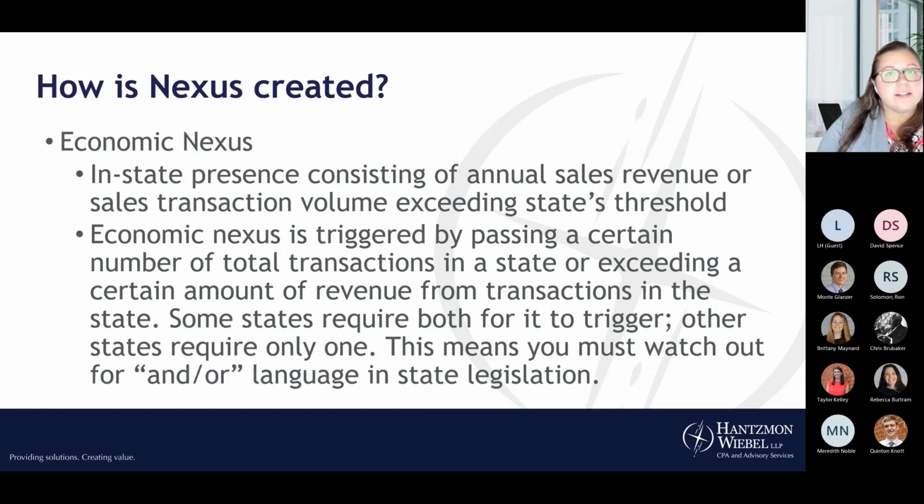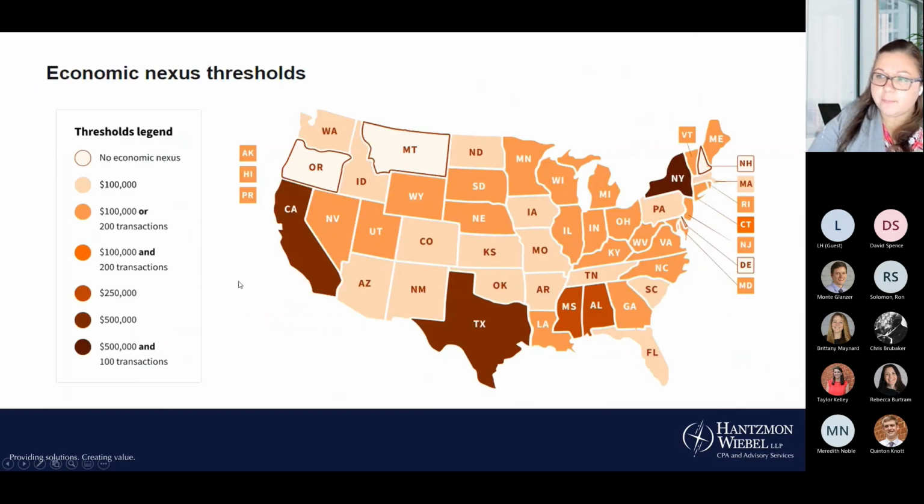However, states like to adjust things to their own needs, and the one thing they've adjusted is the language and these thresholds. So some of these thresholds can have $100,000 of sales, or some of them are as high as $500,000 of sales. And then they all have a relatively normal amount of transactions. So I think on this next slide, yep, I have a map that goes through all these different